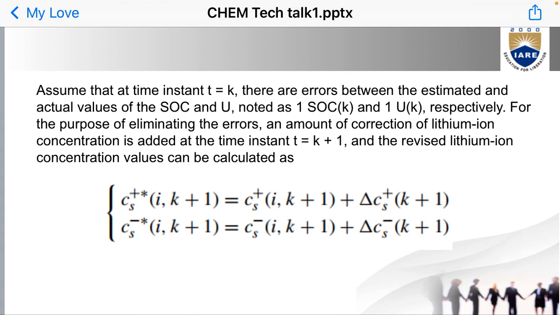Assume that at time instant t equals k, there are errors between the estimated and actual values of the SOC and U, noted as ΔSOC and ΔU respectively. For the purpose of eliminating the errors, a correction amount of the lithium ion concentration is added at the end of instant t equals k plus 1, and the revised lithium ion concentration values can be calculated as the following,